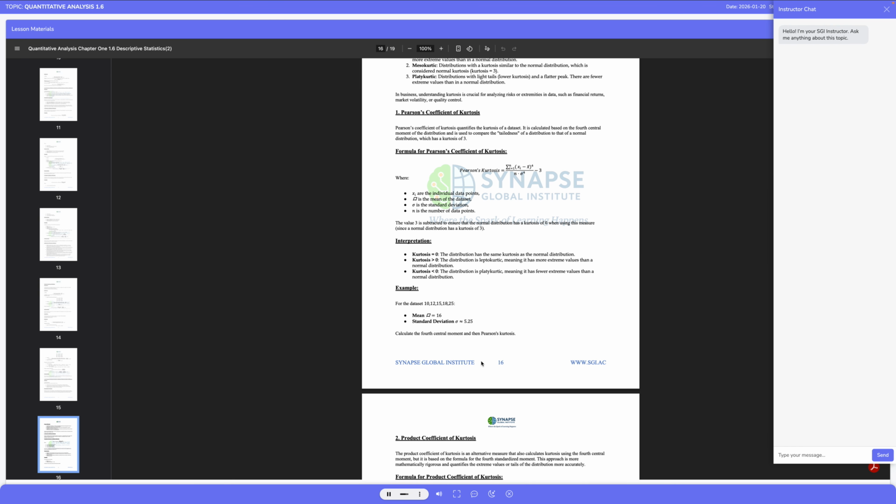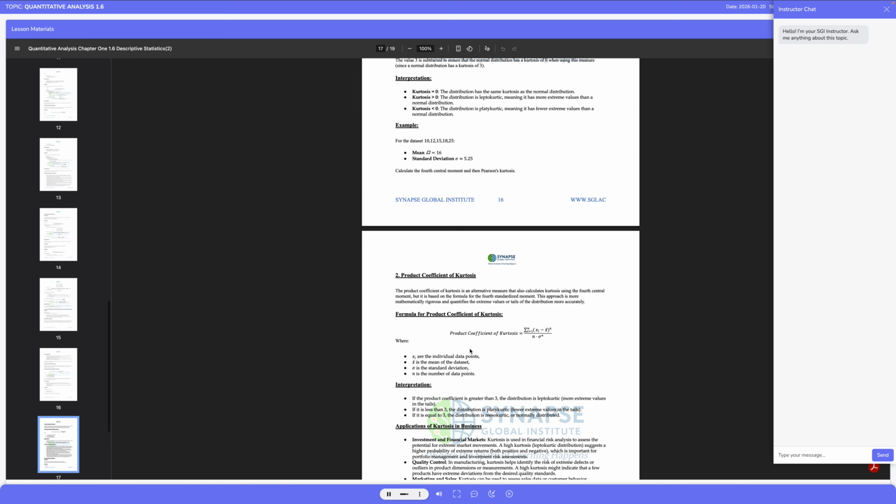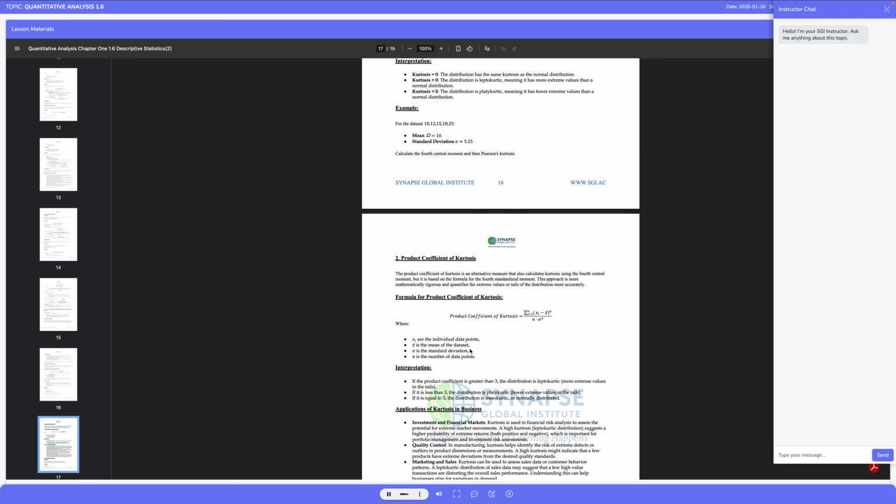To illustrate Pearson's coefficient of kurtosis, consider a dataset representing sales figures given as 10, 12, 15, 18, and 25. The mean of the dataset is 16, and the standard deviation is approximately 5.25. The fourth powers of the deviations from the mean are calculated as 1,296, 256, 1, 16, and 6,561 respectively. Adding these values gives a total of